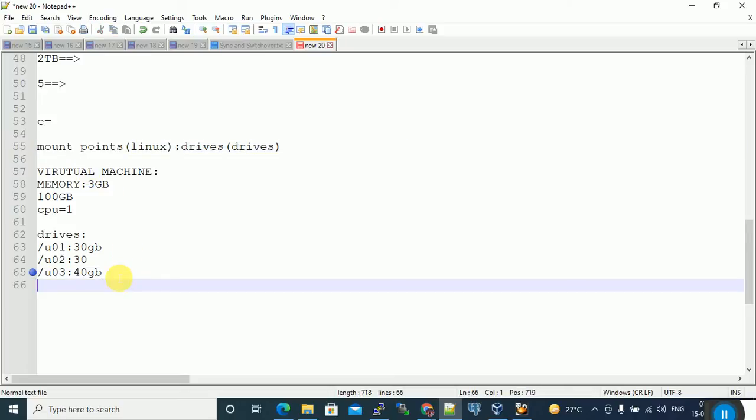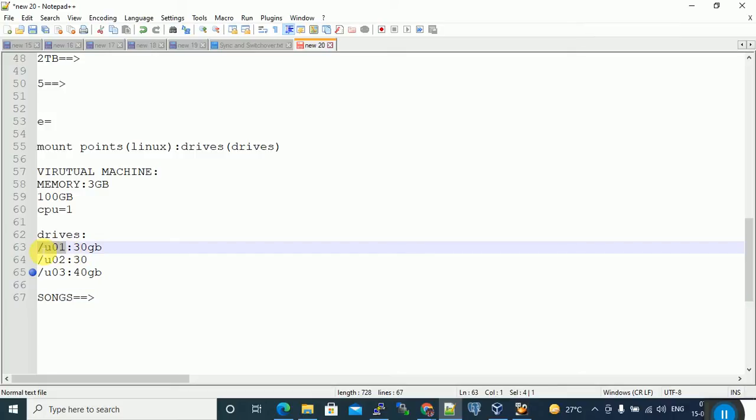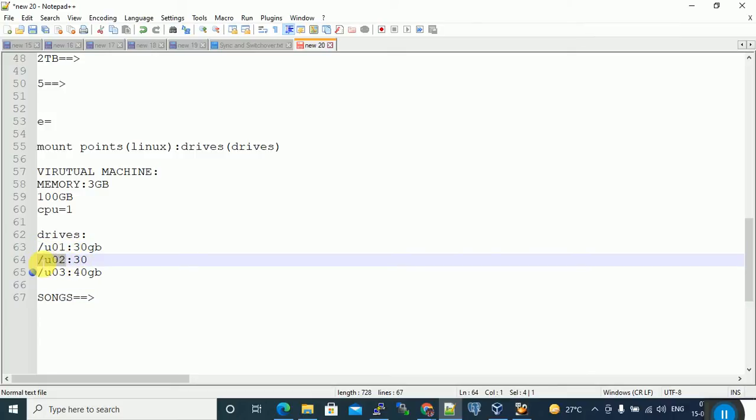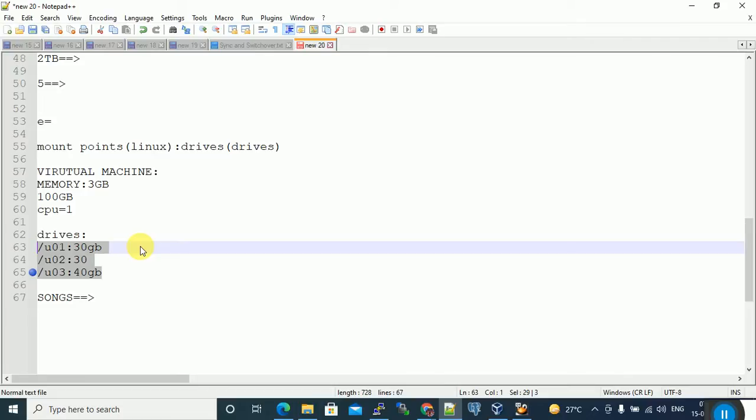Suppose in Linux you want to store some songs, some movie. Where can we store them? You can store in this mount point or wherever you have free space. You can store in /user2, you can store in /user3. These are all what we call mount points in Linux.